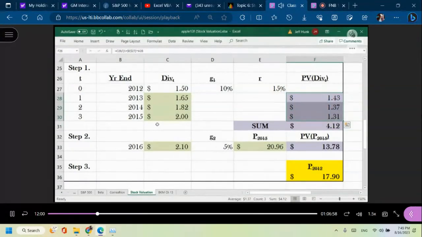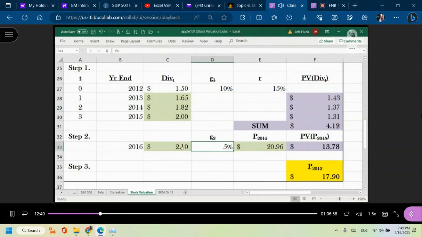But that's not the only thing. That's the present value of all those dividends during the fast growth phase. But beyond that, beyond the fast growth phase, when the growth rate settles to 5%, what do we do? I mean, there will be dividends growing at 5%, and there will be the future value of the